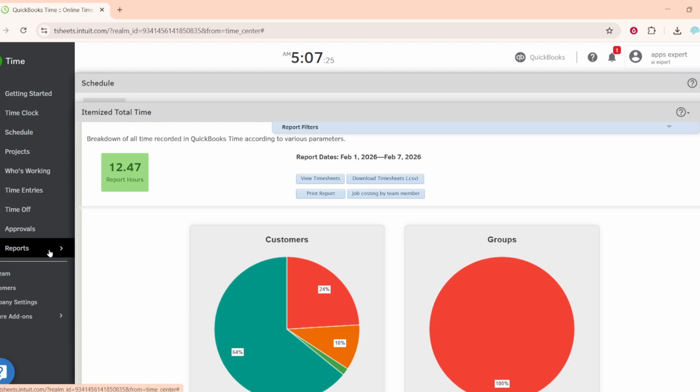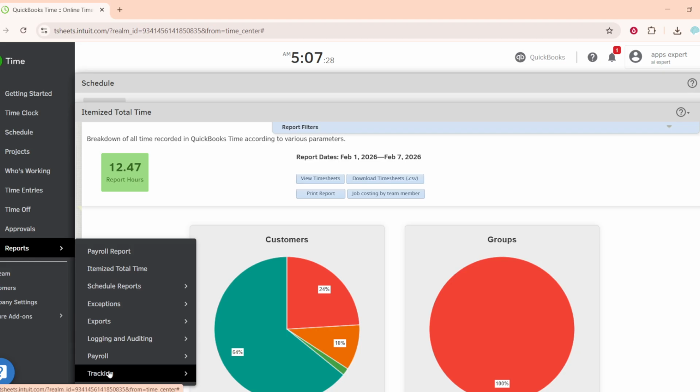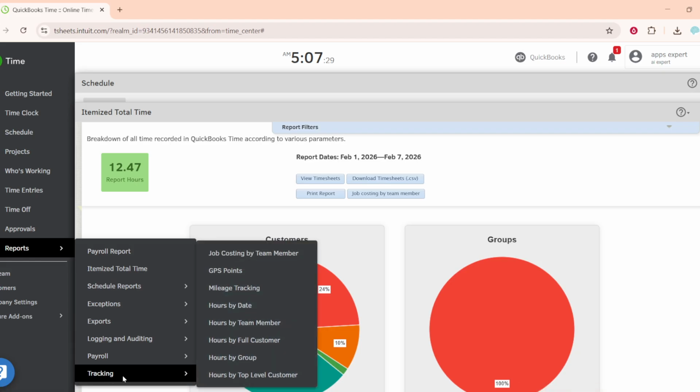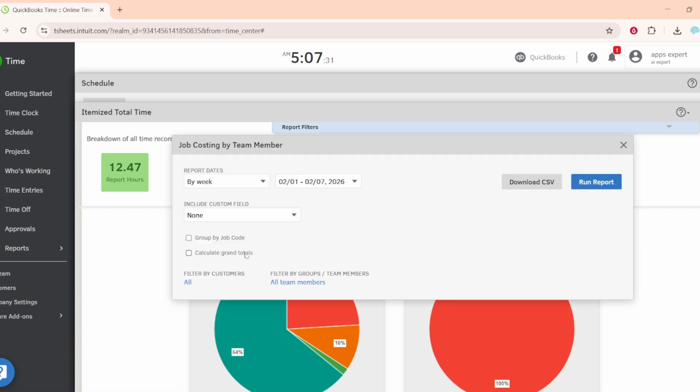Start by opening your web browser and signing into your QuickBooks Time account. Once you're in, look to the left-hand menu. Click Reports, then choose Tracking, and select Job Costing by Team Member. This report shows how much time team members spent on each job or project, which helps you measure labor costs